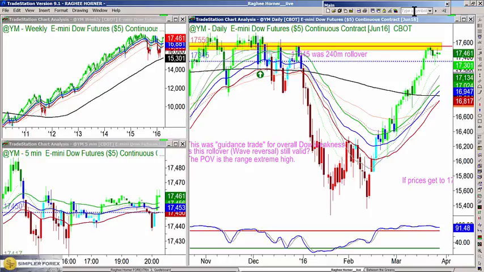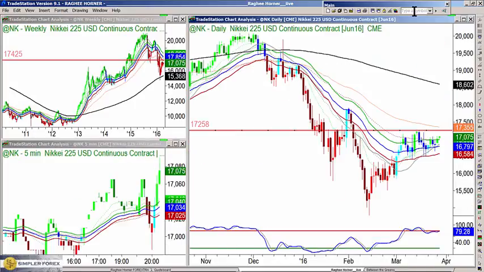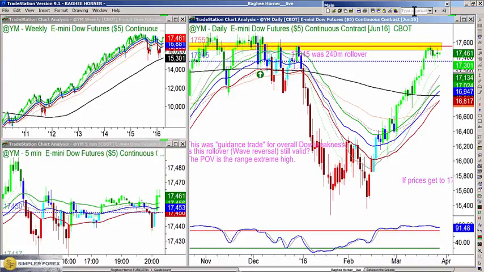If the Nikkei and the Dow are on opposite ends of their movement, and for a while there was a push-pull, the Nikkei's just now transitioned out of the downtrend. Doesn't mean it's in an uptrend, and I do believe around the 17,250 area, even around 17,1, we could start becoming overbought on the Nikkei, and therefore the yen may not be as weak during the Asian session. And when the market starts to consider what the yen was doing in the Asian session and looks from the perspective of the U.S. markets opening, and they look back at the yen being maybe flat to strong, that does diminish risk appetite a little bit.